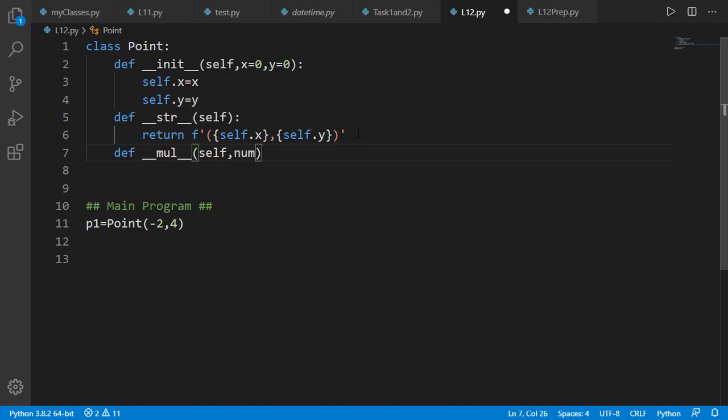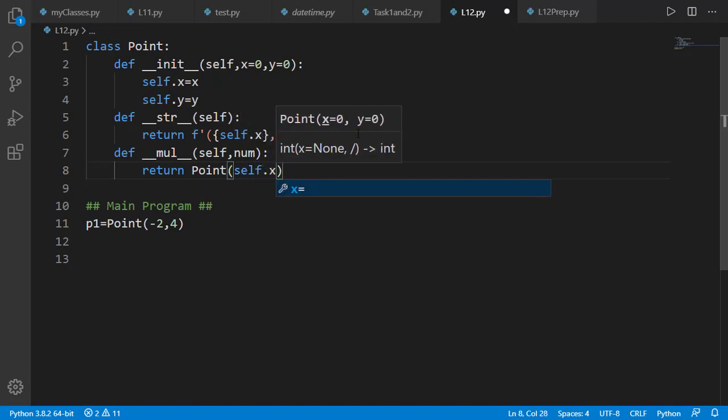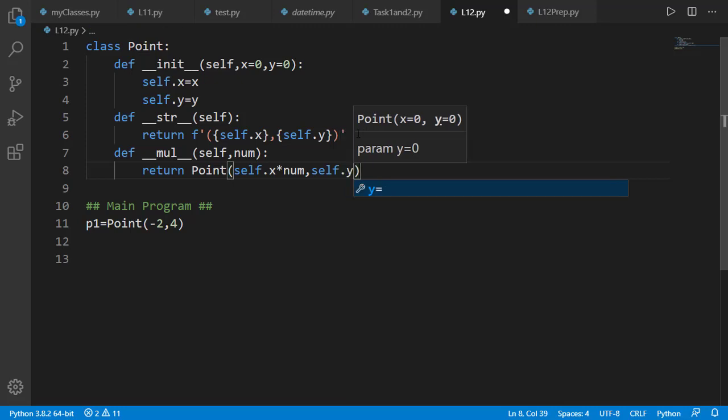I am not using other as the second input argument because I am not going to multiply 2 points, but I want the point self multiplied by a number, so I'll name it num. This method will return a point with x and y components as num times the x component of self and num times the y component of self.